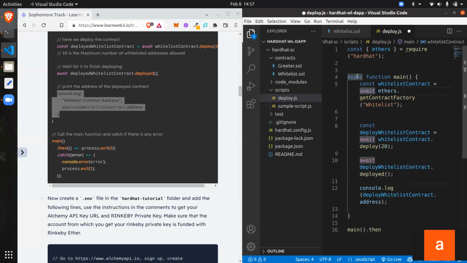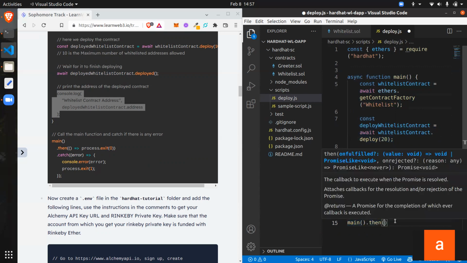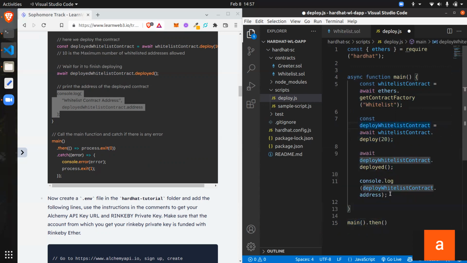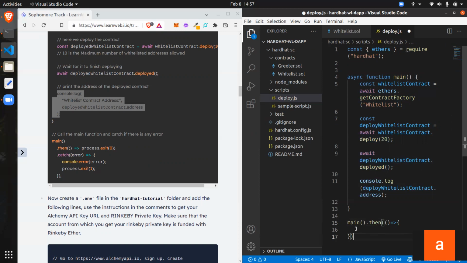And we're able to use await because the function is an asynchronous function, which we define with the help of this particular keyword. So that's why we are able to use await, because of this async keyword. And since this function is an asynchronous function, that's why we call then on it. Whenever this runs and comes over here, it means its functionality is completed. With the help of then, we can do certain kinds of operations, meaning whenever the main function has been executed and ends at this stage,